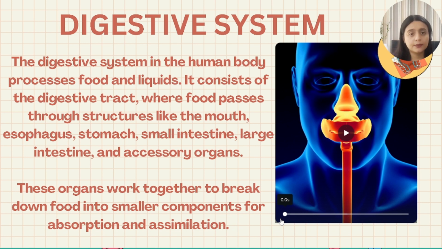What is digestive system? So children, in our human body there are many kinds of functions, many metabolic activities taking place in our body. Respiratory system, in which we breathe, we take in oxygen, exhale out carbon dioxide. Then we have some cardiac system in which our heart beats. Likewise we also have a digestive system in which the food which we eat,